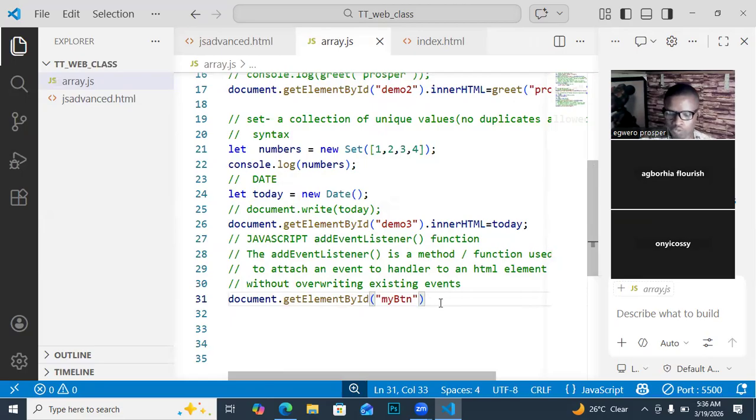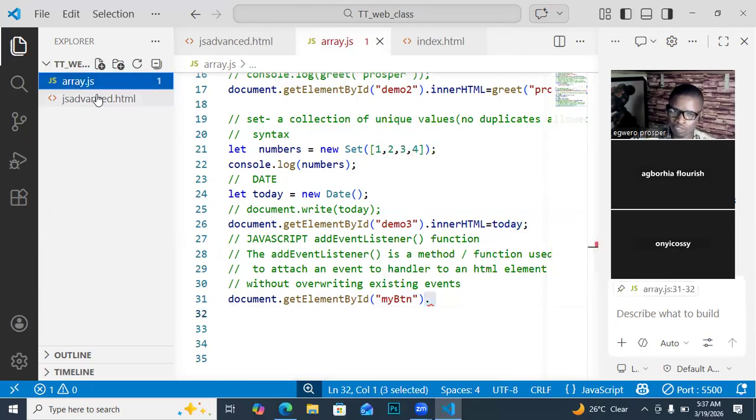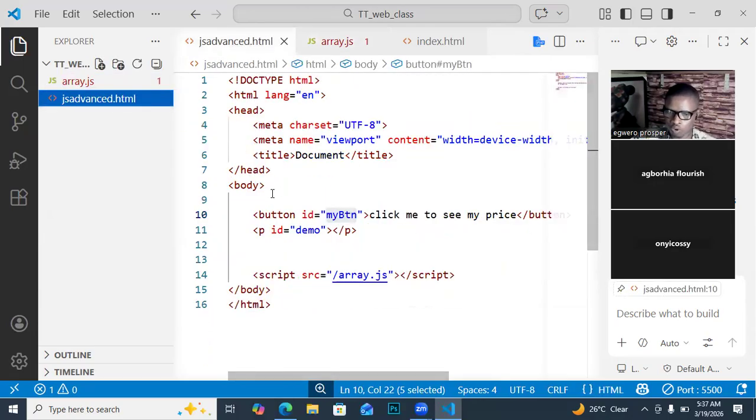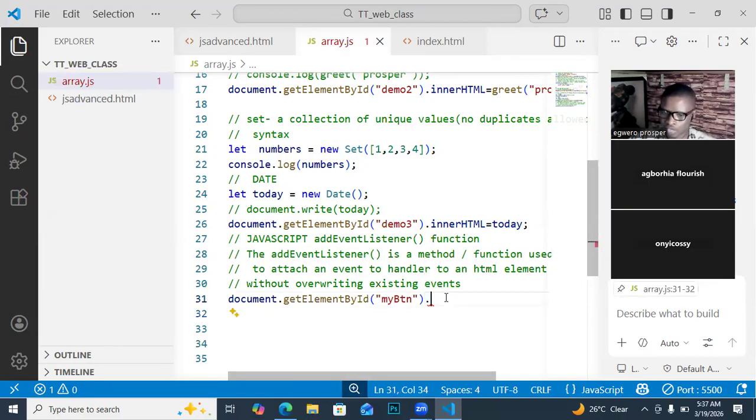So after this, you will now do dot. Remember that this function is used to attach an event. So that dot means concatenation. It means that this one, what this will do on its own is to travel to the HTML file and grab the whole of this information and then store it, right? Grab it, and then you are now adding it to the event. So the event now will bring the formula here, which is add event